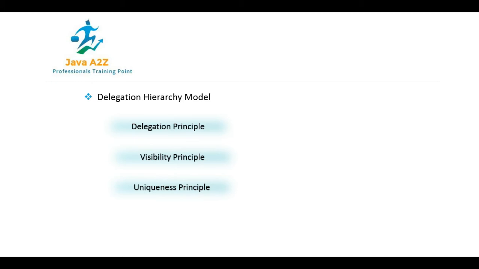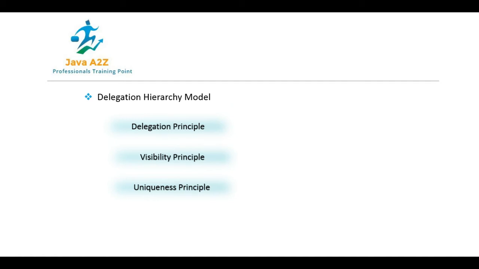Again, the extension class loader comes into the picture. It will delegate this request to the parent, because Bootstrap is the parent class loader. So Bootstrap is responsible for loading your class, and it will check in the respective area. So delegation principle means whenever a request comes to the class loader, it delegates to the parent class loader, and if the parent class loader doesn't find it, then it will redelegate to the child class loader. We will understand this in the next picture.